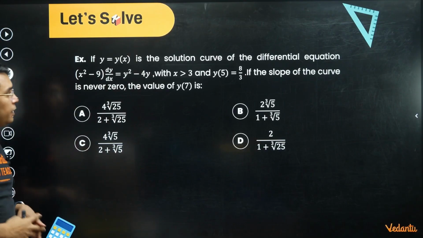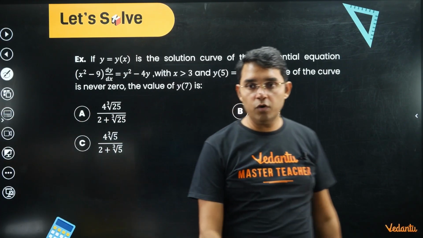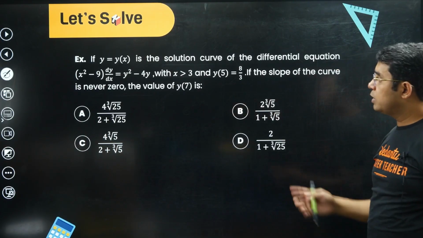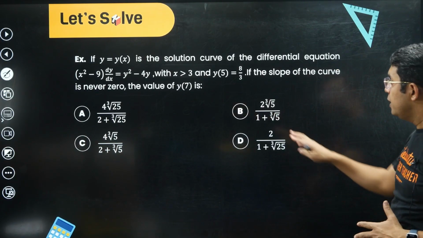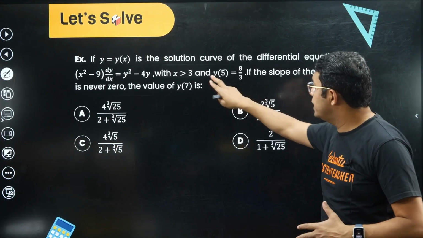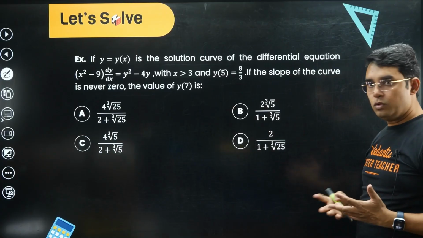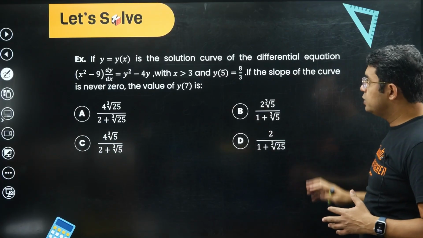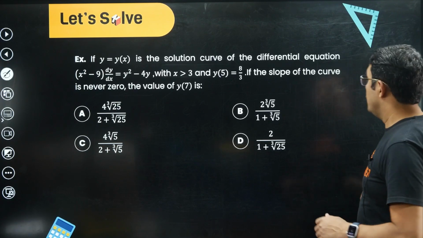Coming to this question, here we are given that y is equal to y of x, the solution curve of the differential equation x square minus 9 dy upon dx is equal to y square minus 4y, with this initial condition and x greater than 3. If the slope of the curve is never 0, okay, the derivative slope is never 0, then we have to find the value of the function at 7. Now in this question,